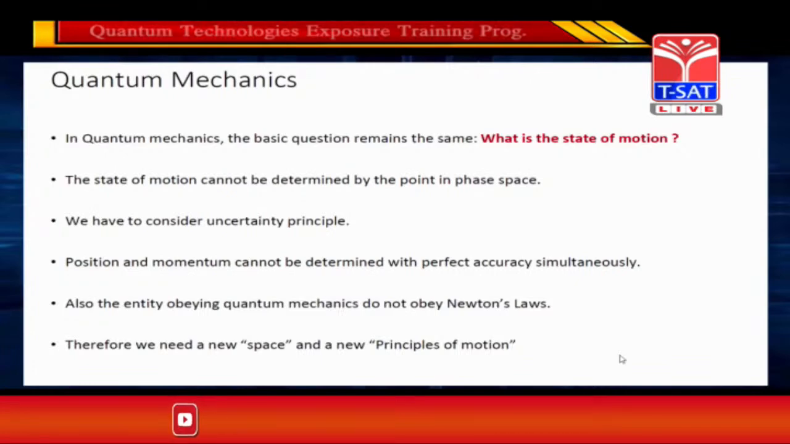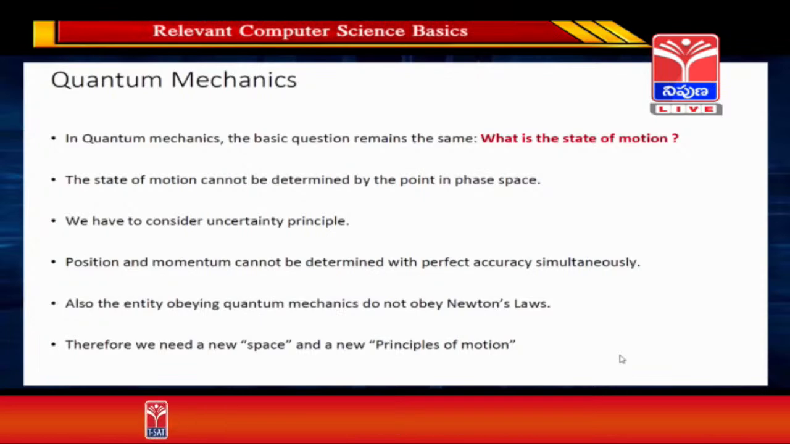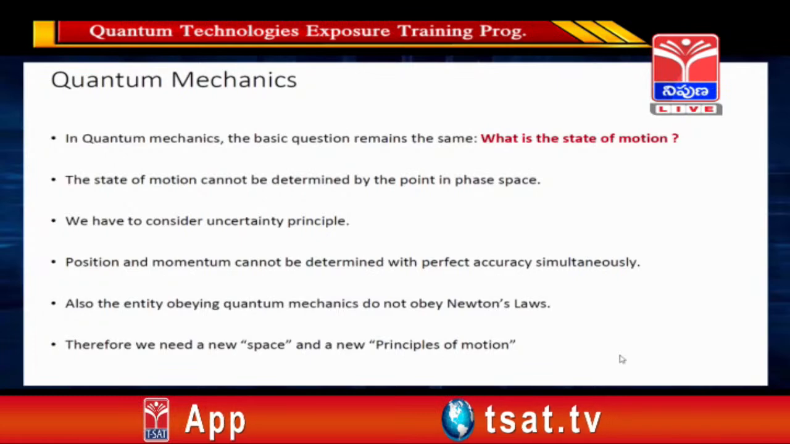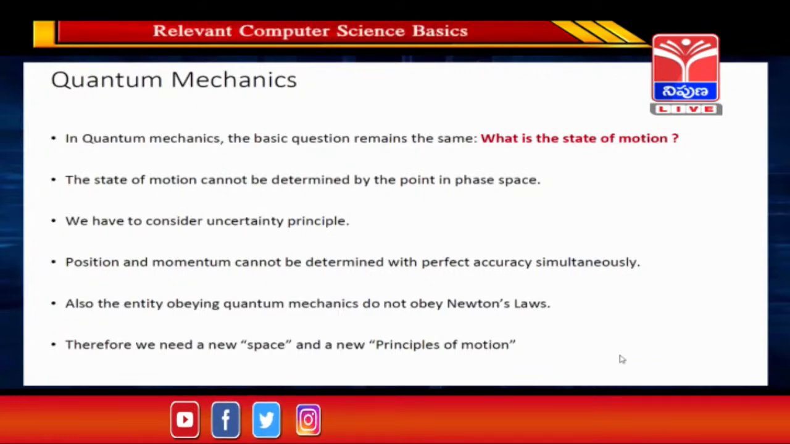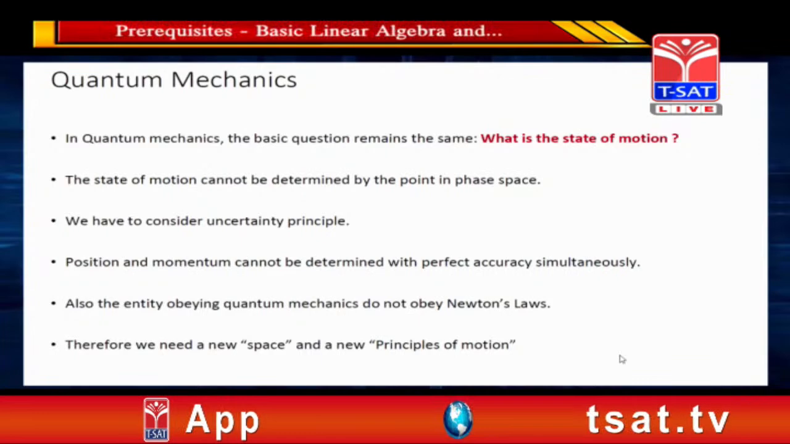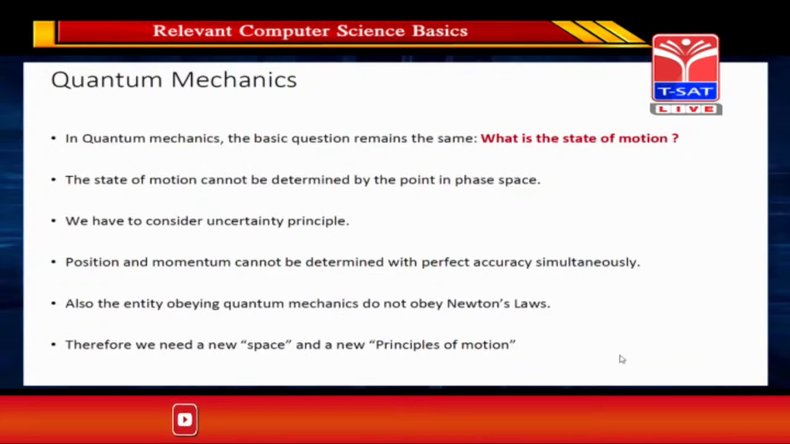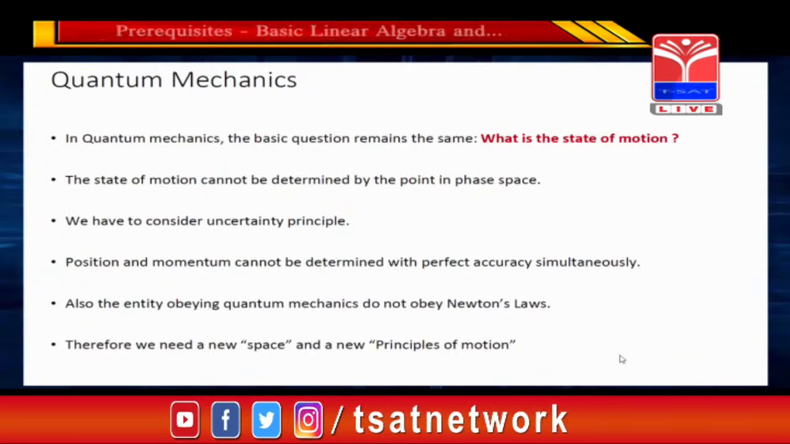So, what happens in quantum mechanics? We cannot describe the state of motion in quantum mechanics in the phase space. Why? Because of a peculiar principle called the uncertainty principle, Heisenberg's uncertainty principle. In the 1920s, Heisenberg said that the position and momentum of a quantum mechanical particle or quantum mechanical entity cannot be known at a particular instant